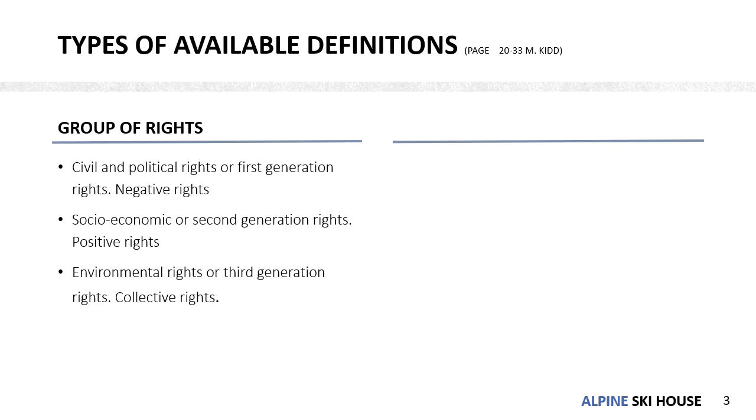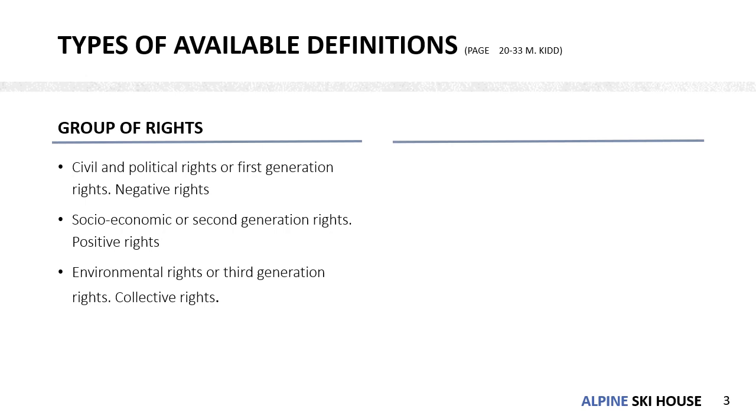Now, before we go on to deal with the section, we are familiar with the group of rights that are there. There is the first generation or civil political rights of individuals. Examples of that right include the right to equality, the right to life, the right to freedom of association. These are the conventionally enforced rights that are enforced in a negative fashion, in that individuals enjoy such rights without having the state provide anything, right? The state merely has to refrain from infringing these rights, right? So they are negatively enforced.